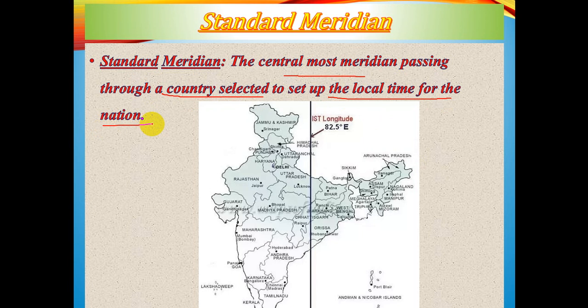You can see a line that is given over there, that is 82 degree 30 minutes east. Actually it is 30 minutes east, 82.5 it's written. It is 82 degree 30 minutes east is the standard meridian. 82 and a half degree. Half degree means 30 minutes, not 5 degree. It's written over there, it's just mistaken. It will be 30 minutes east.